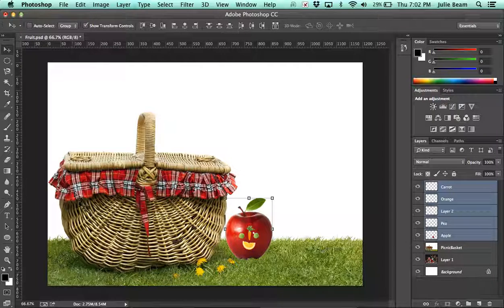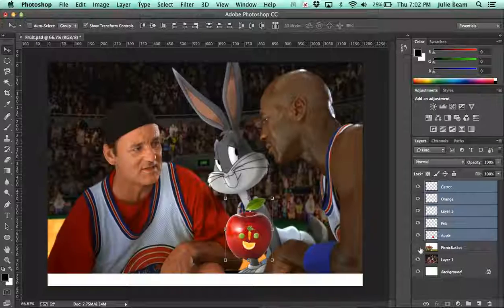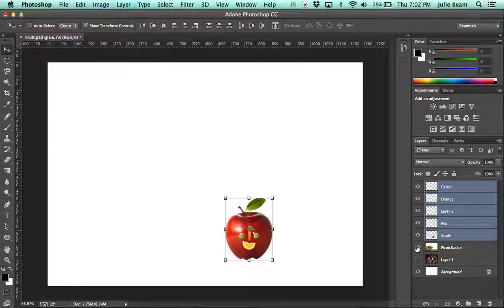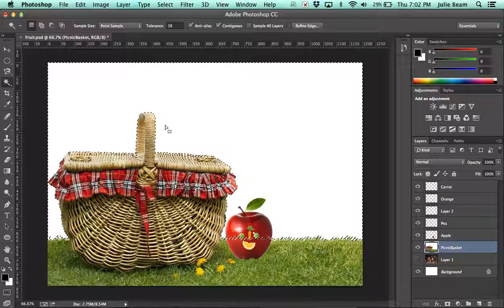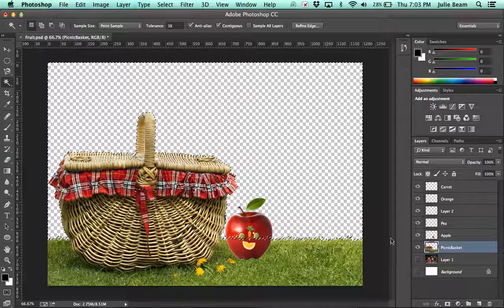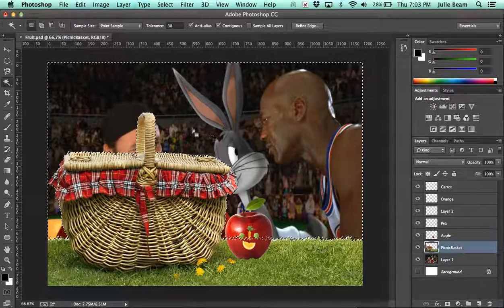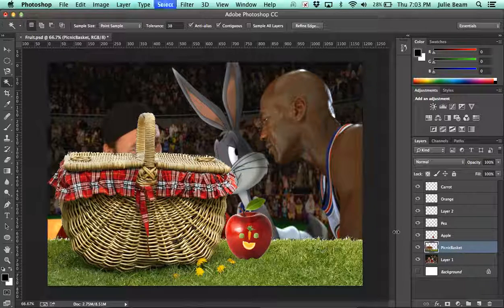Another thing is this picnic basket image here. This one. If you want to get rid of the background of this one, you definitely can use this tool to select everything, all of this white space, and press delete. And see here, this is showing through behind it, but it's actually transparent here. And then you can add whatever background you want. And so I chose to add